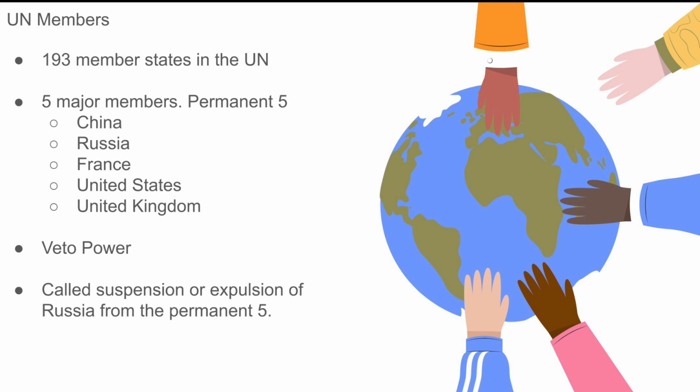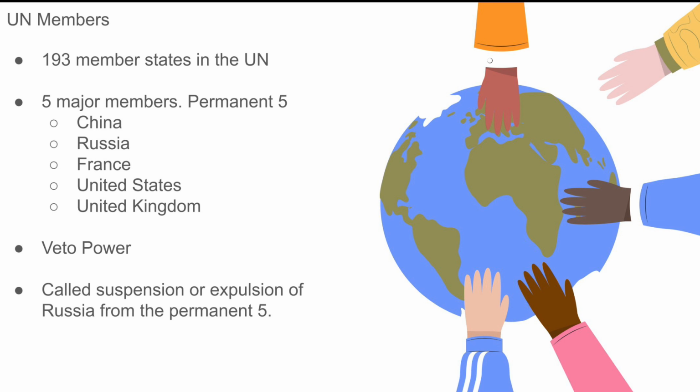Since it would take too long to explain and list every one of the members, I will just explain the major members. The five major members are called the Permanent Five and have a lot of power, as their title may suggest. The Permanent Five have the ability to veto decisions made by the UN, even if the opposing party has a majority vote. The Permanent Five consist of China, France, United States, United Kingdom, and Russia,